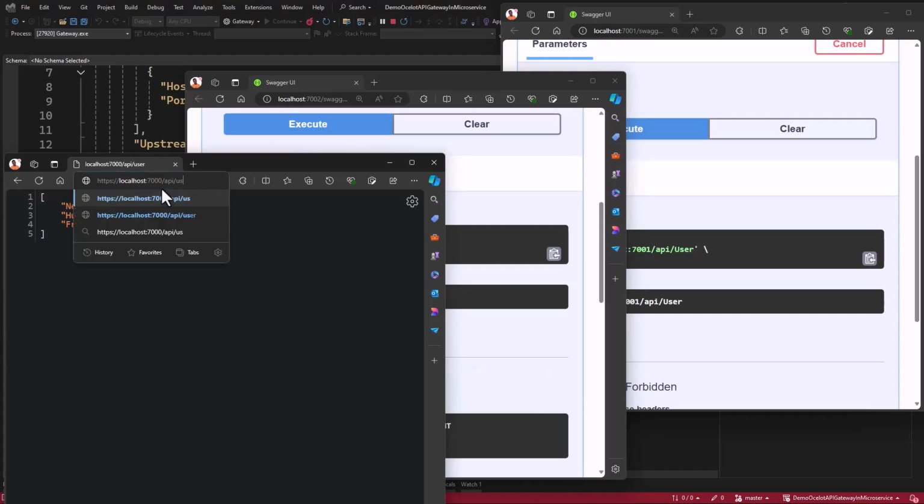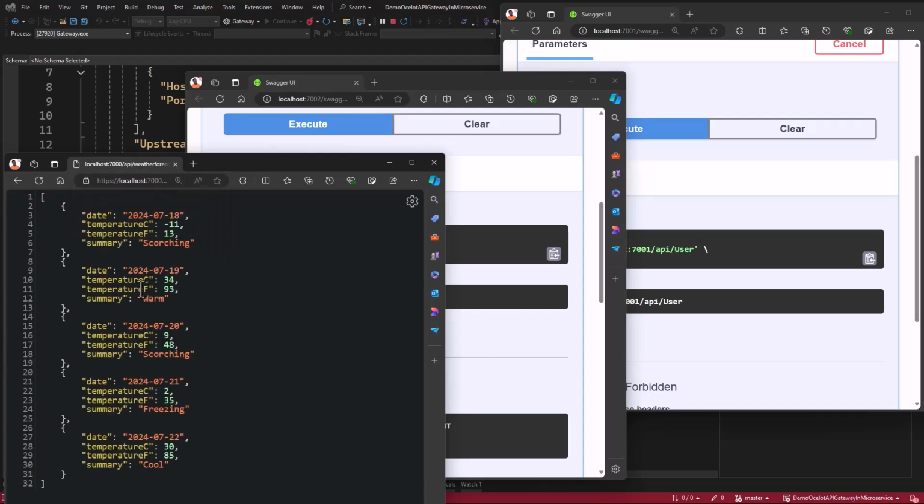So by making it API, then we have our weather forecast, and you can also get this weather forecast record or data. So you can see that this was configured in the previous video. Now you know how we can restrict all requests and then direct all requests through the API gateway.